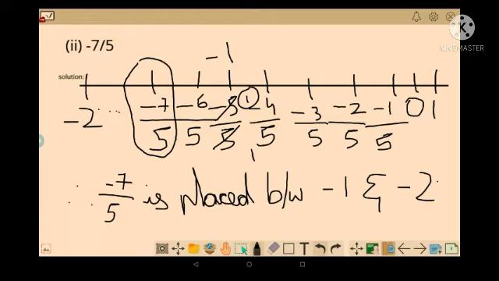In the positive side you need to write positive, in the negative side you need to write negative. Okay, so these would be very easy sums if you understand. It would be a little bit hard if you don't understand, and you can comment to me if you have any doubts. I'll clear them then and there. Okay, so let's go to the next sum.